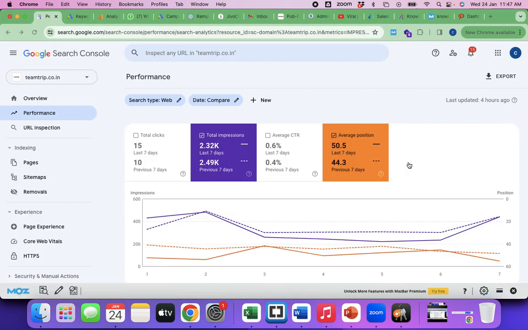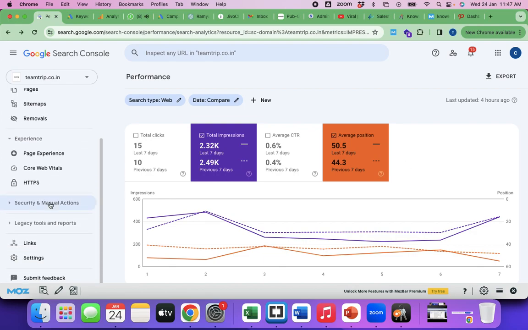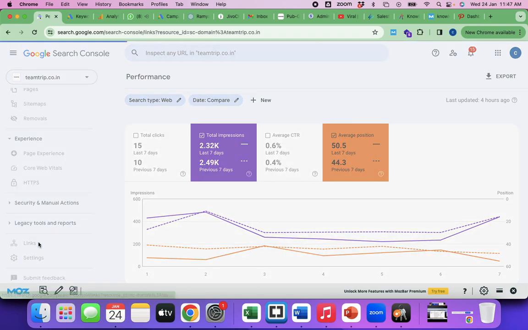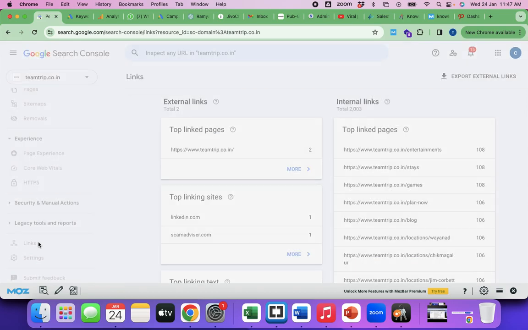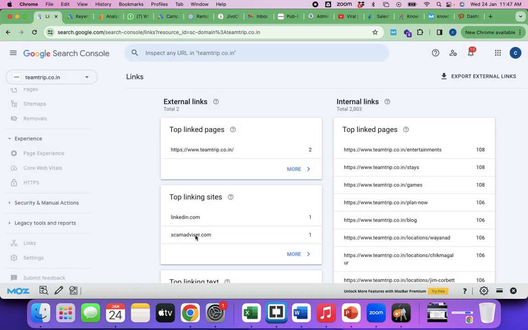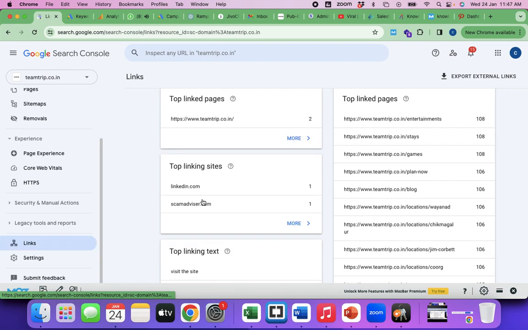Google Webmaster external links. So we need the data here. You see here, links, external links.